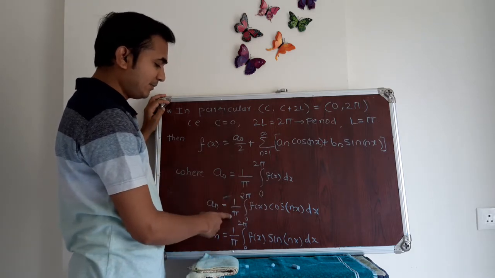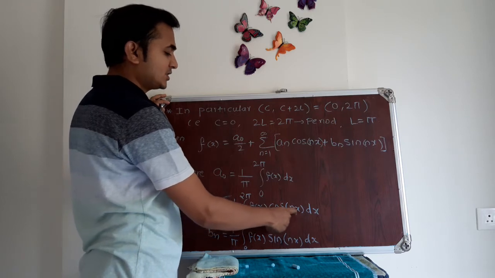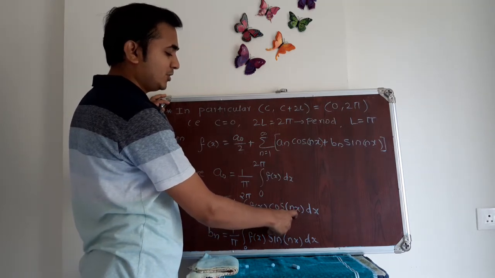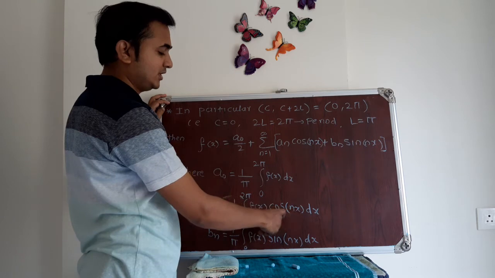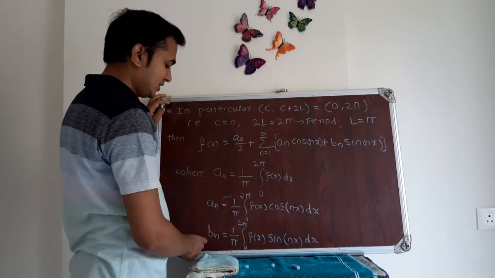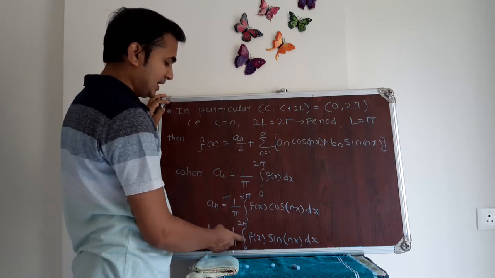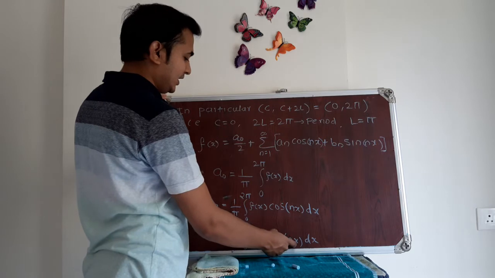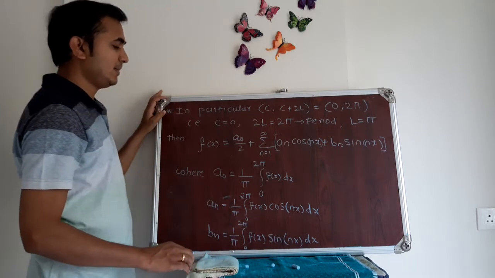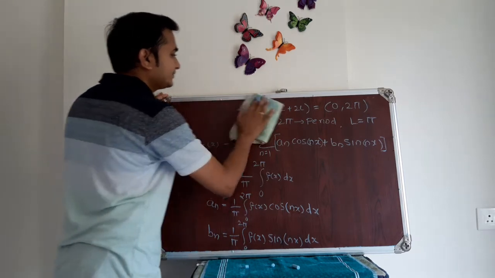An is 1 by pi integral 0 to 2 pi f(x) cos n pi x upon l, but l is pi, so that becomes cos nx dx. Similarly, bn is 1 by pi integral 0 to 2 pi f(x) sin nx dx. All right. And second particular case,